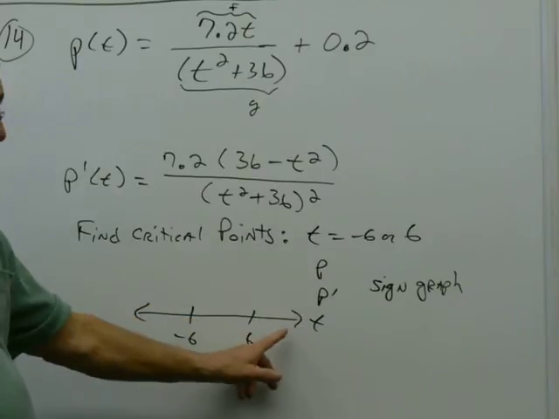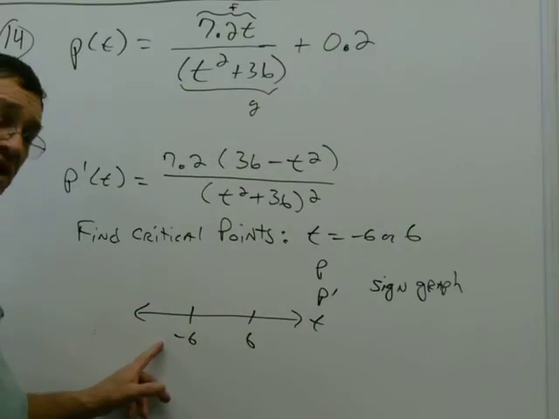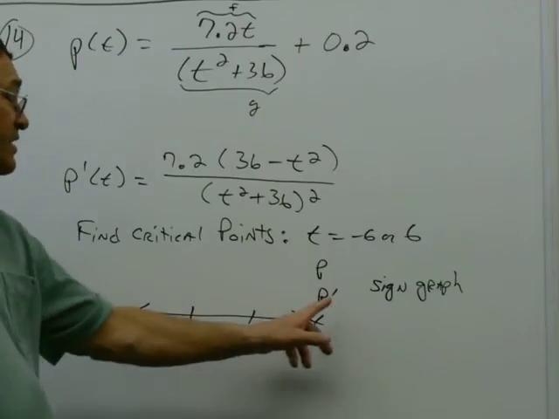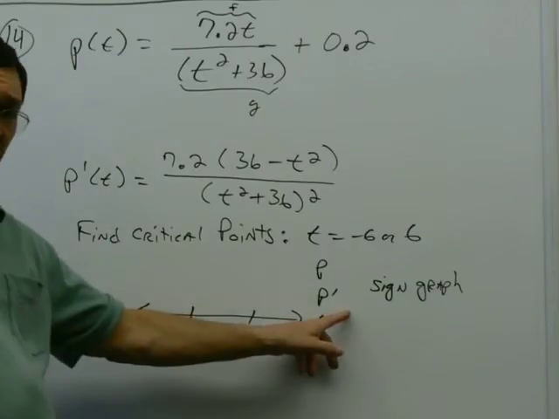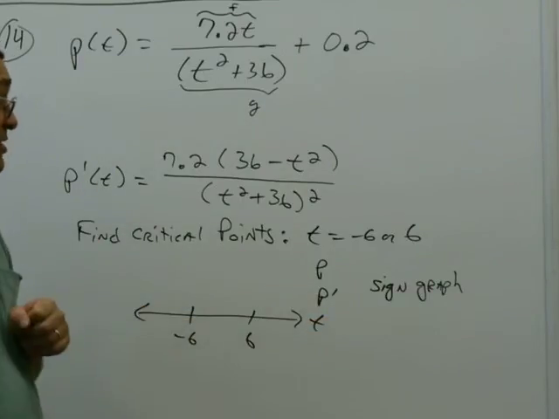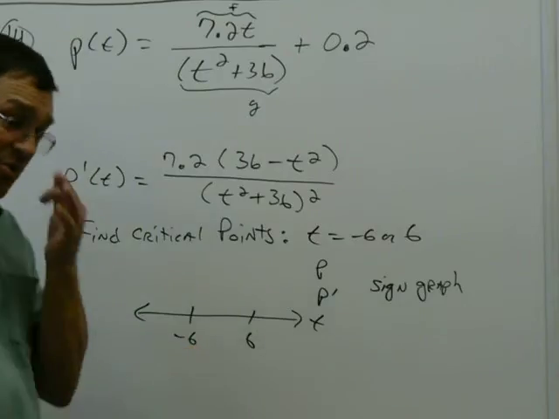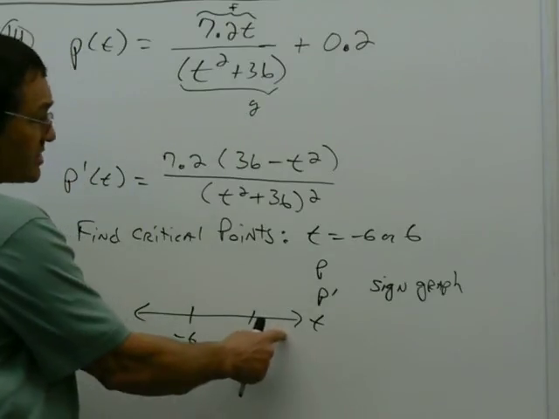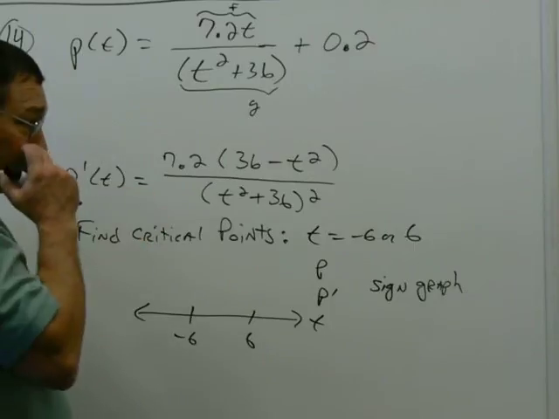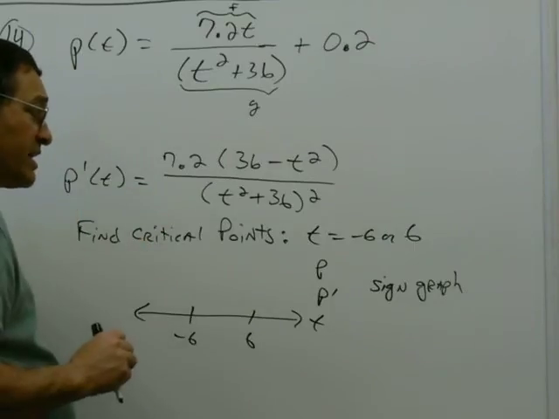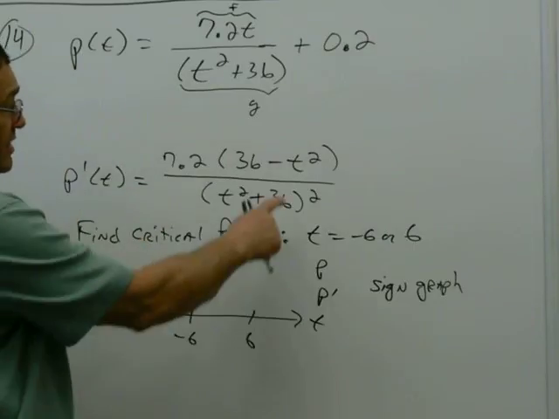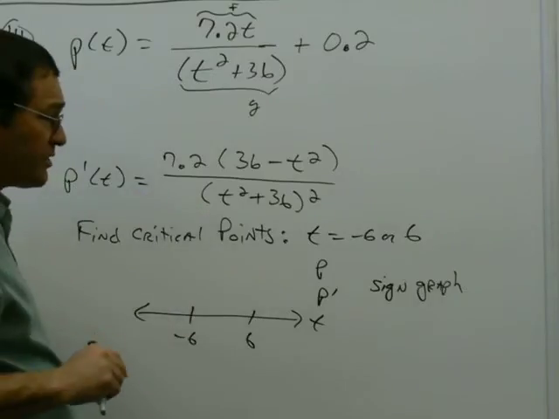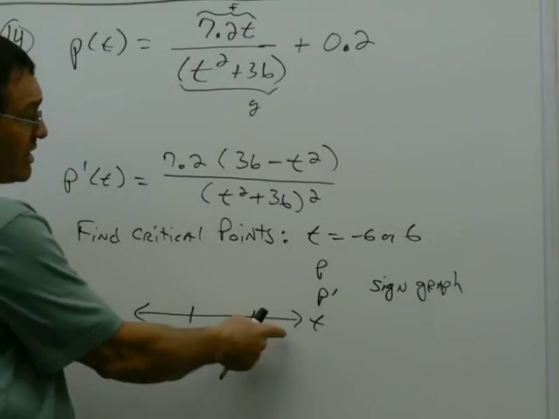I'll take a number in each region of my number line chart for T, and that'll tell me if in that region P prime is positive or negative, and that will tell me if P is increasing or decreasing. We've done all this before. This should be old hat to you. If I take a number in this far positive region, and again, some of y'all don't like the way that I do this, but you can always take a number like 7, evaluate it in this function, and see if you get a positive or negative number. But you really don't need to do any arithmetic. If I take 100,